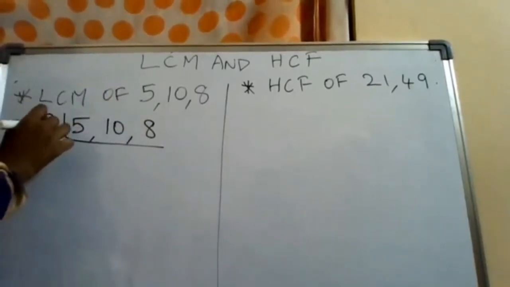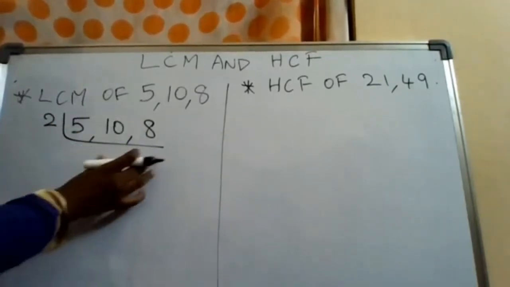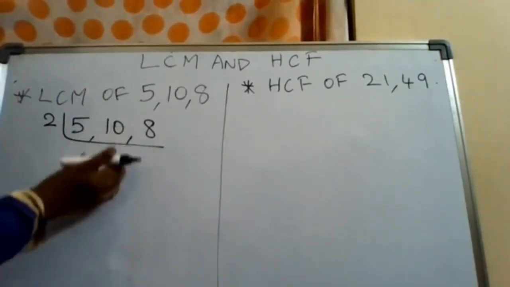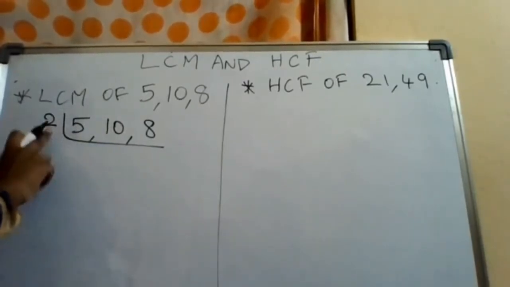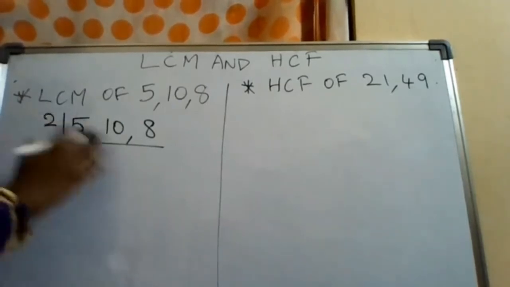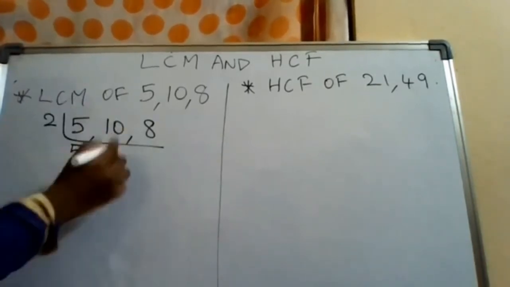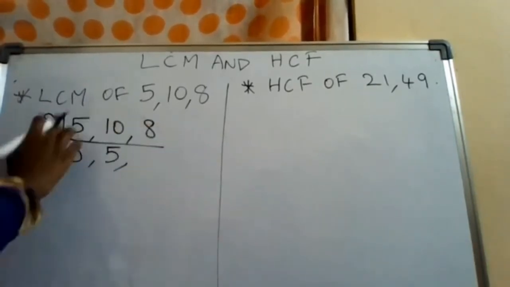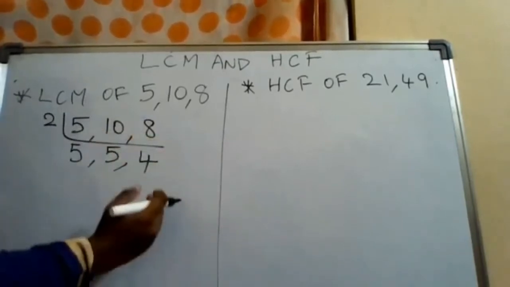So you will start with 2 and start dividing the numbers, and whatever the quotient is, we will write it down. For example, here 2 is not divisible by 5, so you will write down the same number. There is no problem with writing the same number. But 10 is divisible by 2. What is the quotient? 5. And 8 is divisible by 2. What is the quotient? 4. Like that you will keep doing this until the 2 table ends.